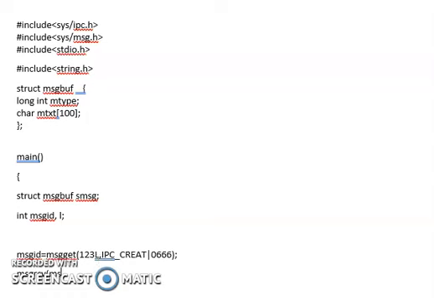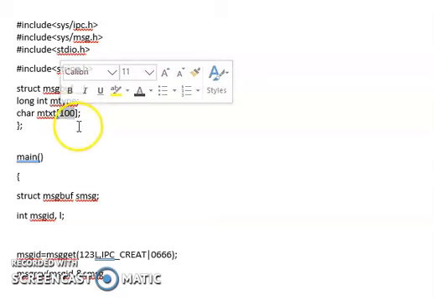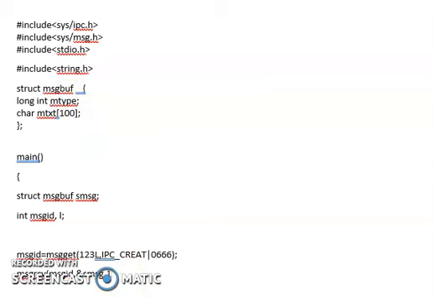First parameter is the msgid, the return value of msgget. Second parameter is the address of the structure into which you would like to store your message. The variable for me here is smsg, so I am giving the address of that. And the maximum number of bytes I can retrieve at a time is 100, because the length of my string is 100.